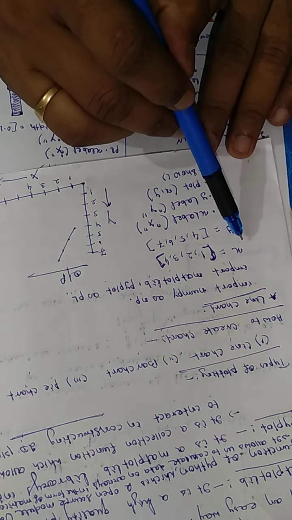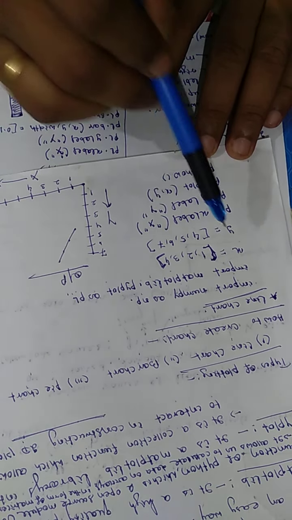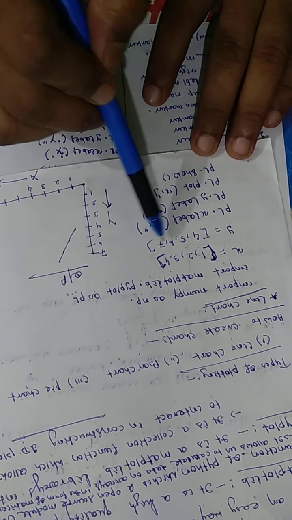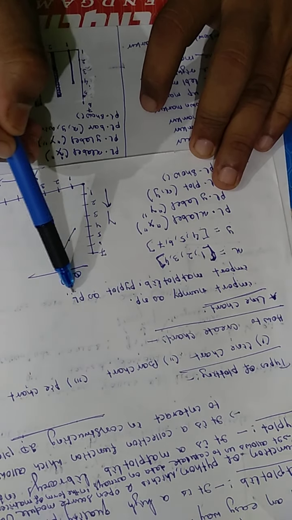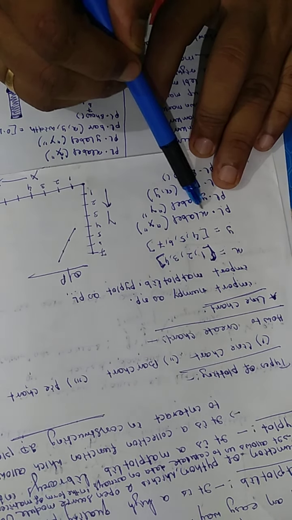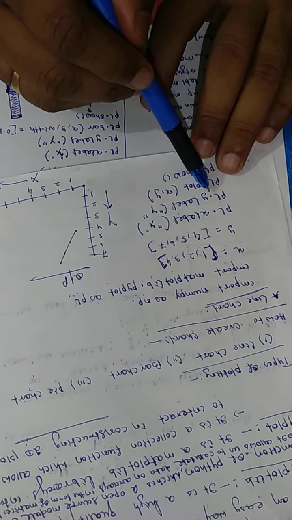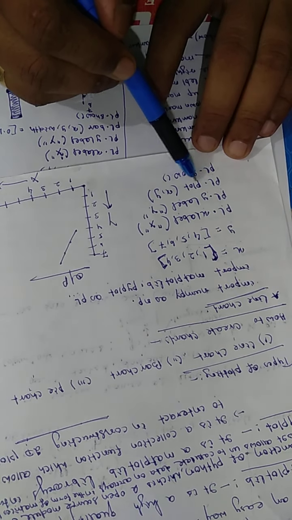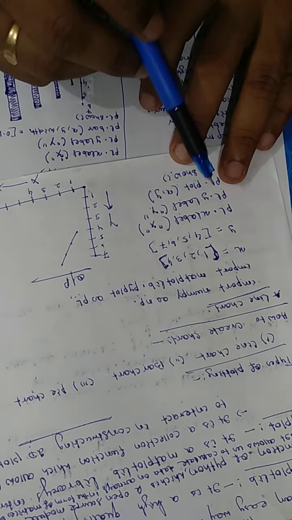Next one is you are writing x equal to, this is a list and you are making it in the form of array. X equal to 1 2 3 4 and y equal to 4 5 6 7, and then pl is the object here. Pl dot xlabel, capital X I have written, and pl dot ylabel, capital Y I have written. Pl dot plot x y and pl dot show. So one by one I am showing to you.